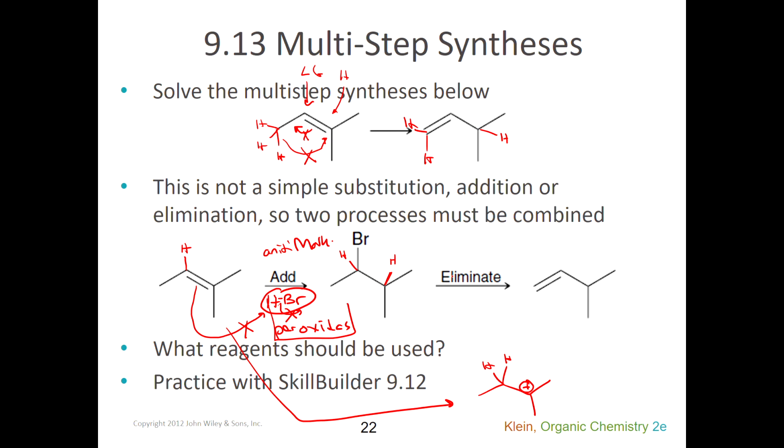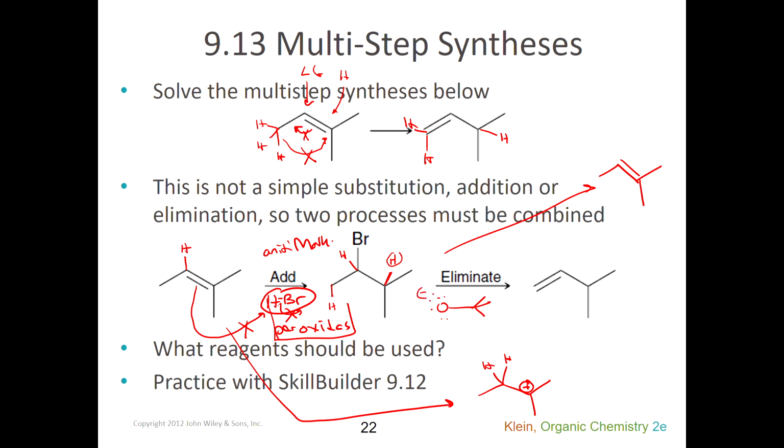And then what reagents would I use to do the elimination? Well, here I've got this hydrogen that could rotate to an anti-periplanar position to the bromine. So I could form the pi bond right back where I started with it, and that would happen most of the time because it's more substituted and more stable than the other one. So the only way to avoid that is to get this beta proton, and since that one's not very sterically hindered, I would want to use